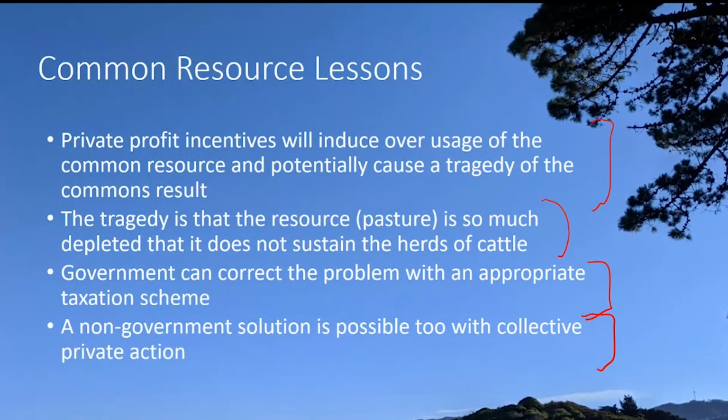But now I want to talk a little bit about non-government solutions and talk about some of the ways in which government intervention can go wrong, because this becomes the crux of the argument and the issue that people have. Should the government intervene? Should the government not intervene? It depends in part on, first, whether the government has a role to play. And what we've suggested here in this example is they do. They do have a role to play. They can induce a better outcome.